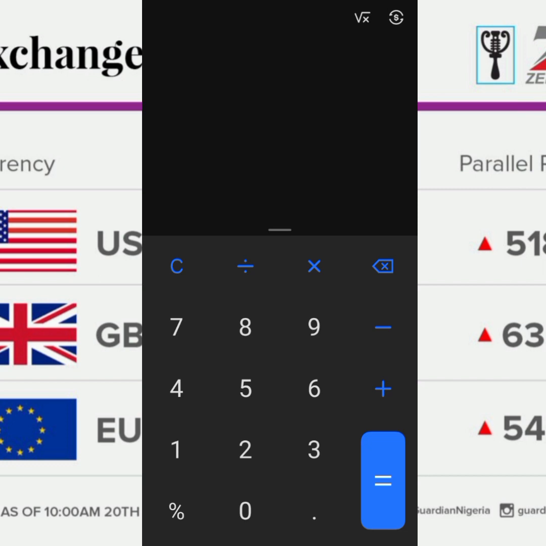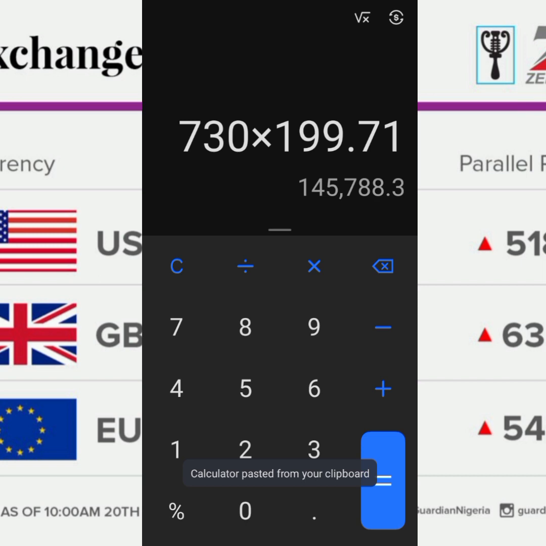I know that Aboki at the moment will be selling at the rate of 700 and something. Let's say we use 715 or 730, times what we have here.